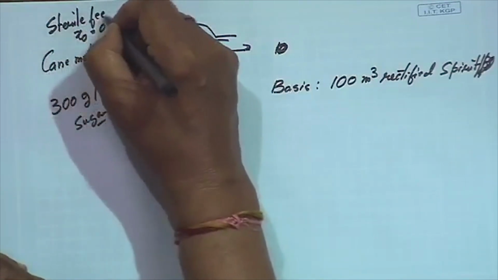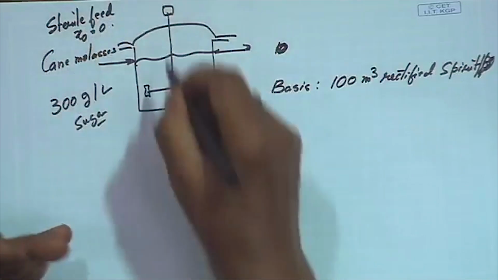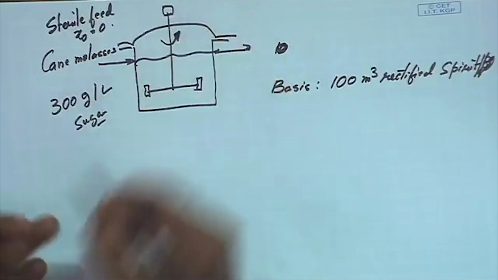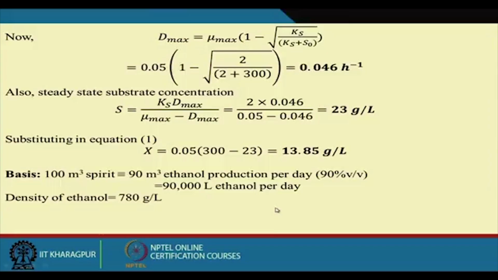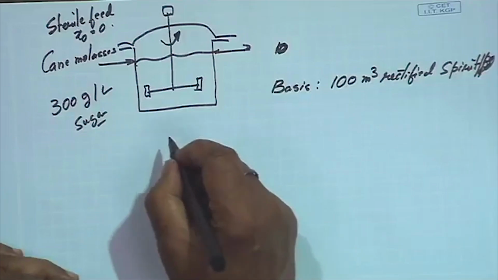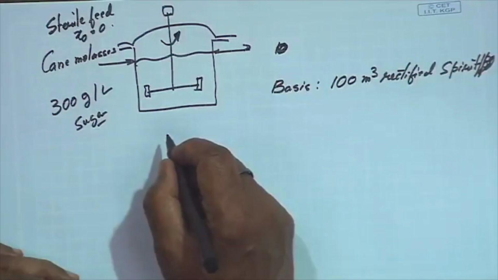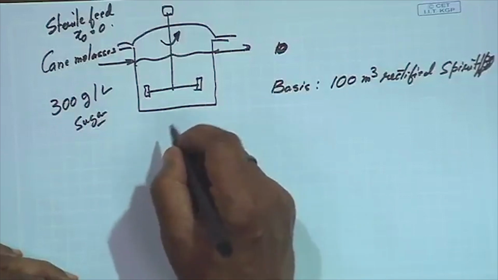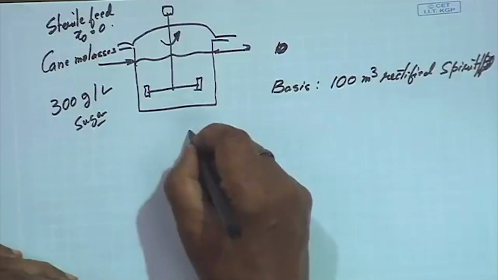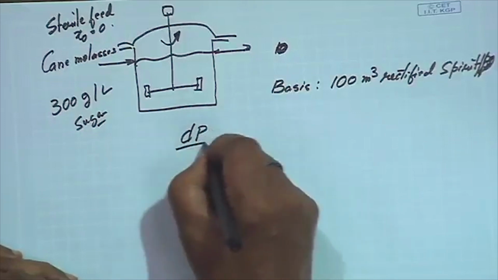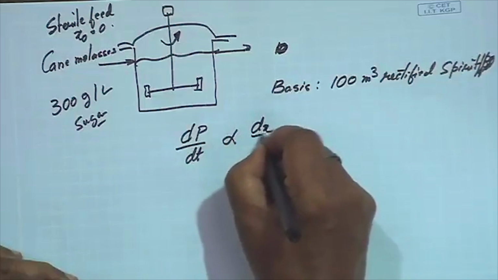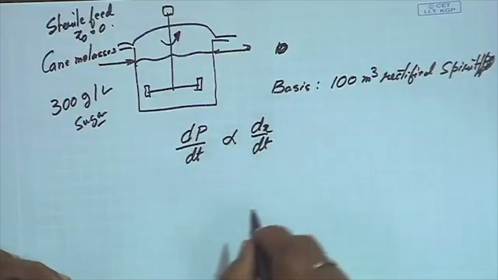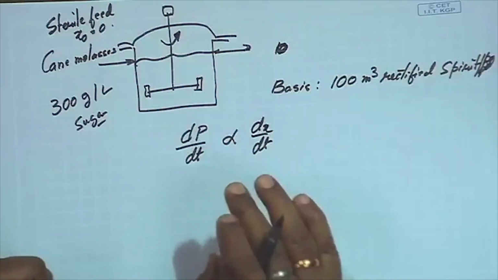Sterile feed we can assume. Then what will happen is that this is rotating like this. Then we can find out under steady state conditions, first, at what dilution rate we can get the maximum cell mass production, because we observed that the rate of product formation is proportional to the rate of cell mass growth, because we already pointed out the ethanol fermentation is a